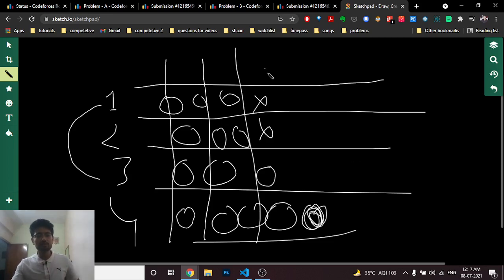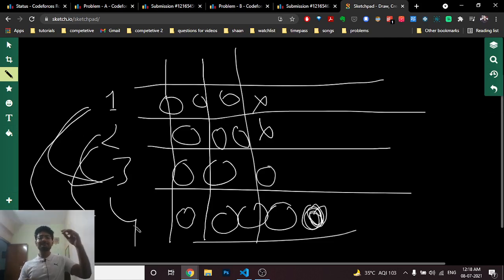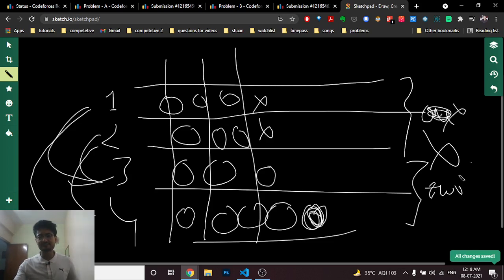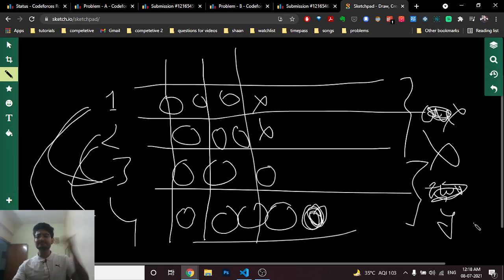You can easily find this by multiplying the total number of tracks which have 0 extra cars with the tracks which have an extra car. For this track which has no car, how many tracks are there which have cars? These 2. For this track, how many tracks are there? These 2. So for every track which does not have a car, we multiply it with the tracks which have an extra car. If this is the number of tracks with no extra car, which is 1, and this is the number of tracks which have 1 extra car, which is 2, and I'm just giving them variable names, x and y, then the answer is just x multiplied by y. I hope you get the point.